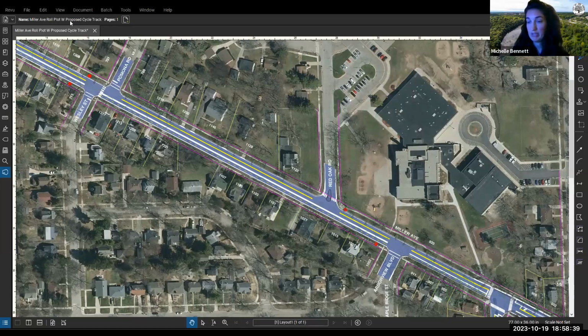To reiterate, the cycle track will be buffered from traffic in some way. There will be some separation between the outside lane, the contraflow lane of the cycle track, and the eastbound motor vehicle lane. That'll vary somewhat throughout the corridor.